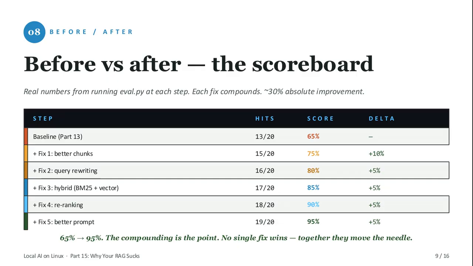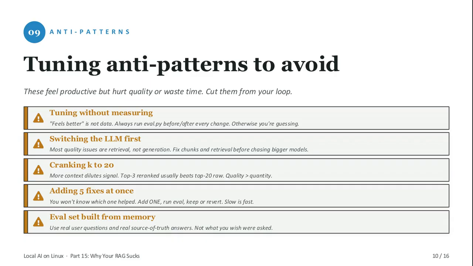Then query rewriting, hybrid search, re-ranking, and the Titan prompt each added another 5. No single fix is magic on its own, but stack them and you go from 65 to 95. That's the whole point. Compounding small, measurable wins beats chasing one silver bullet. Now, before you go stack all 5 of those fixes tonight,